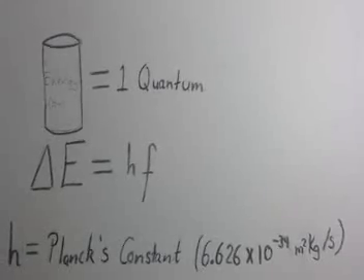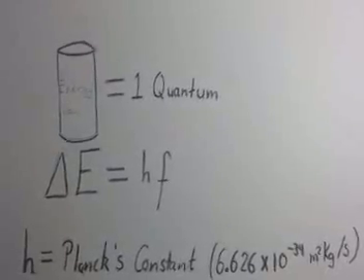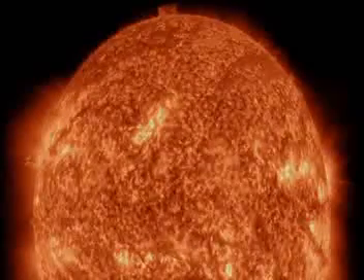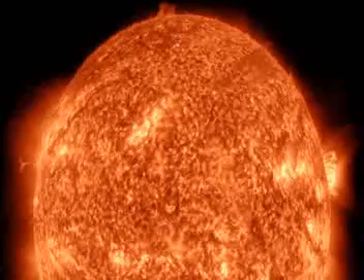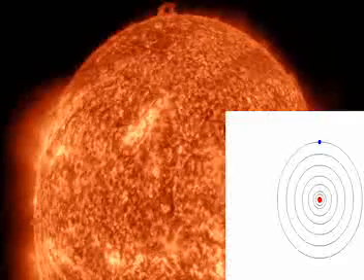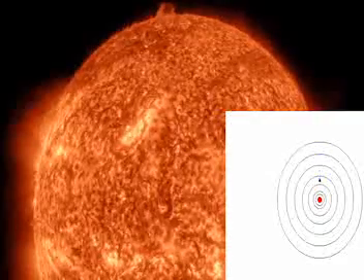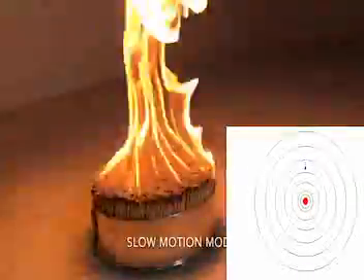An energy packet is called a quantum, and is equal to Planck's constant times the frequency of the photon emitted. Because more energy is required to make bigger jumps, the frequency of light emitted will be dependent on the magnitude of the transition. So when the electron travels a huge amount, UV radiation will be radiated. When traveling to the middle, visible light will be given off, and in smaller energy changes, infrared rays are given